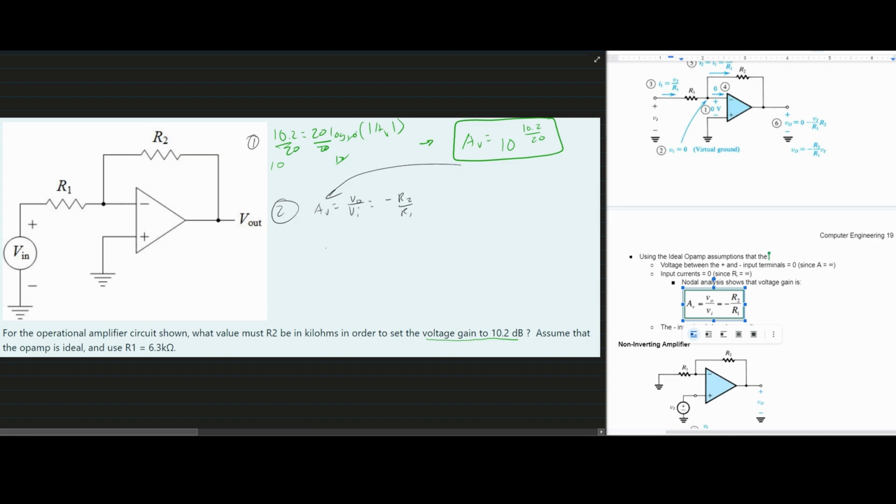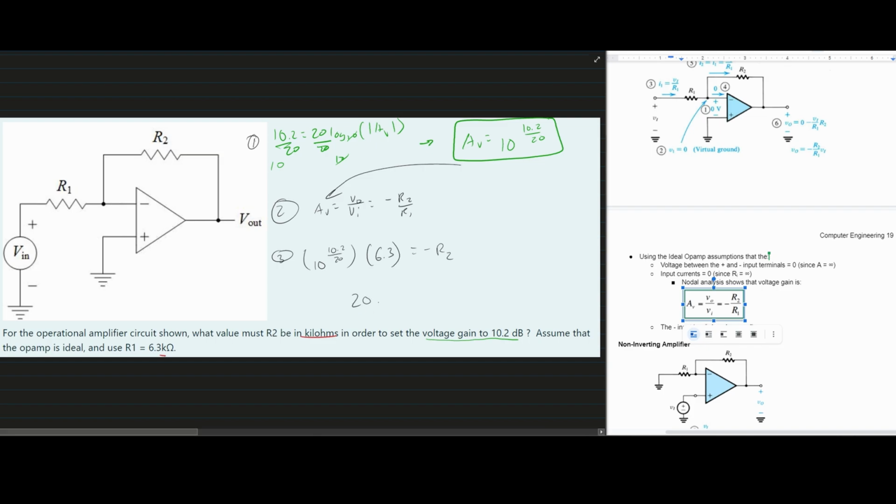So excluding the negative, and this is really step 3, we have 10 raised to 10.2 over 20, and this is being multiplied by our 6.3. I'm omitting the kilo ohms because the actual question is asking us to find it in kilo ohms, so we don't need to carry it over. It is good practice though, but we're just skipping over it for simplicity here. And with this written, it's equal to a negative R2. And so our R2 is going to be approximately